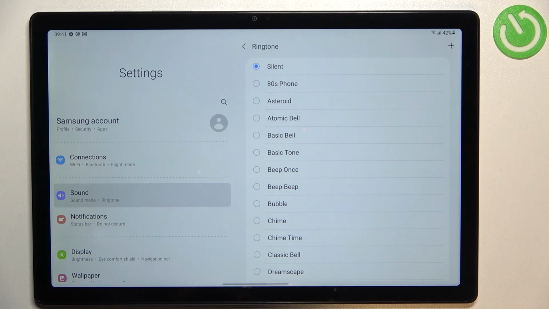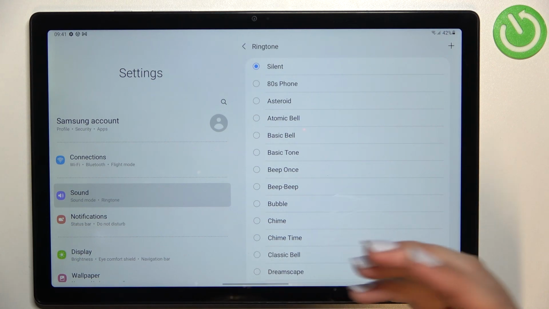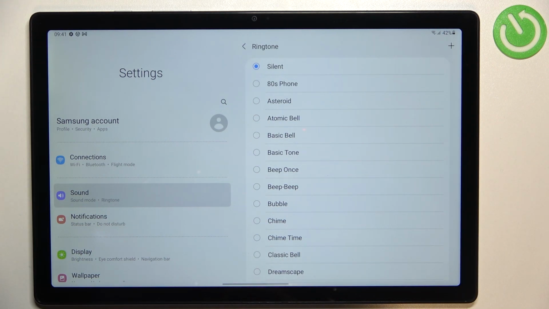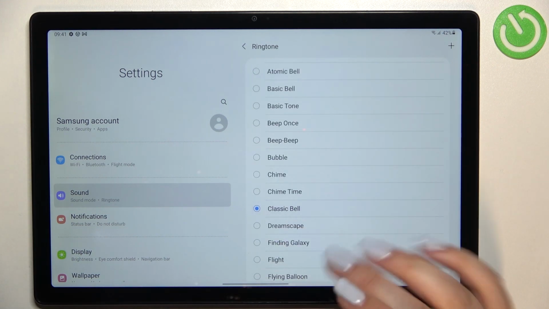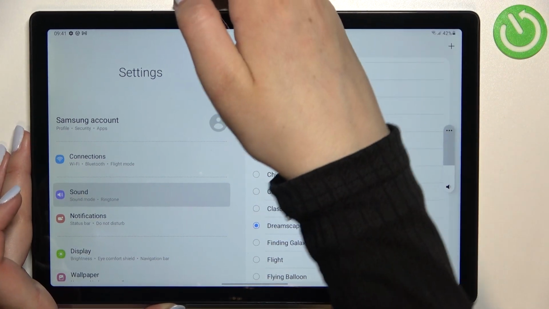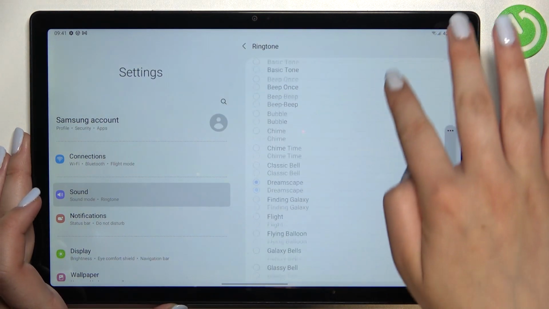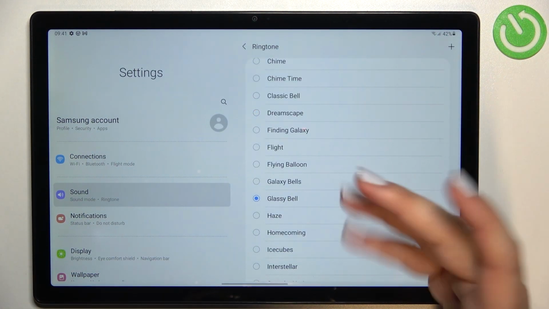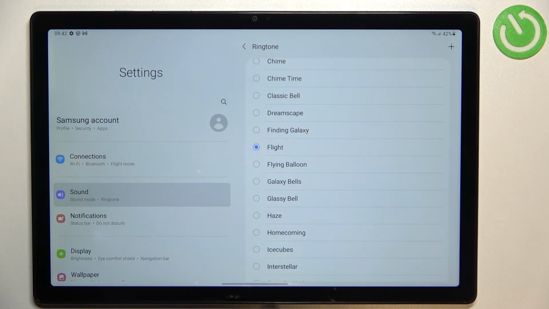But let me get back to the default installed ringtones, and all you have to do in order to listen how the particular ringtone sounds is, as you saw before, just tap on it. Yes, and let me volume it down a little bit. So just tap on it, listen how it sounds,